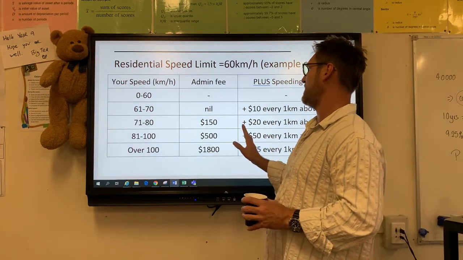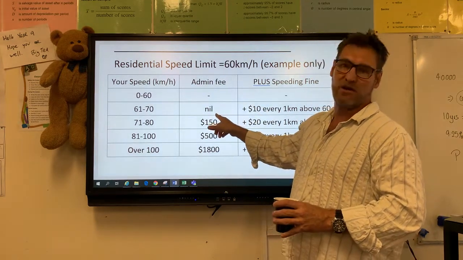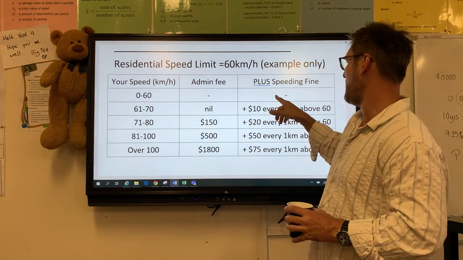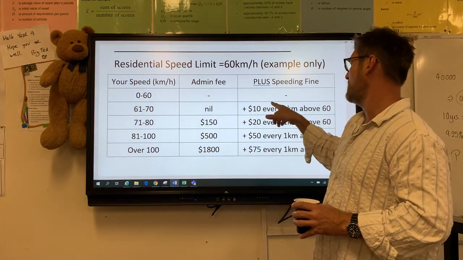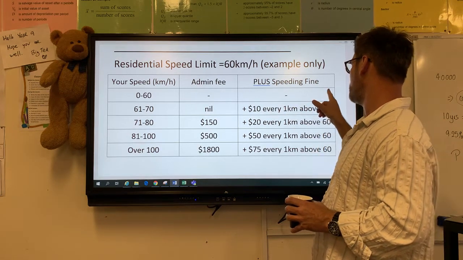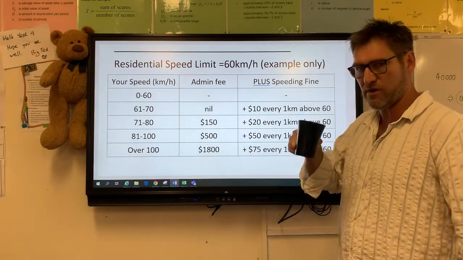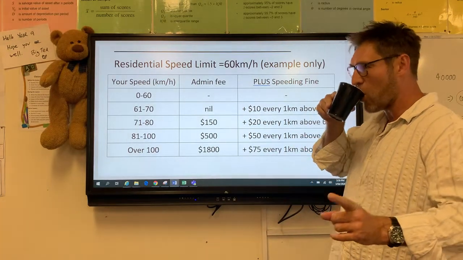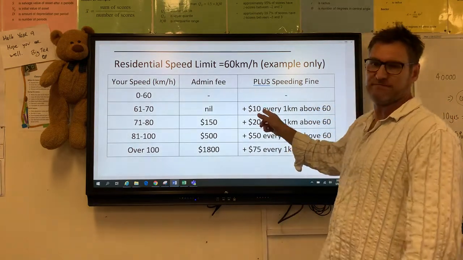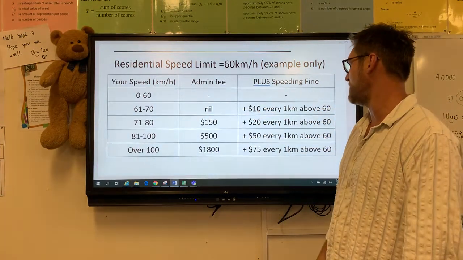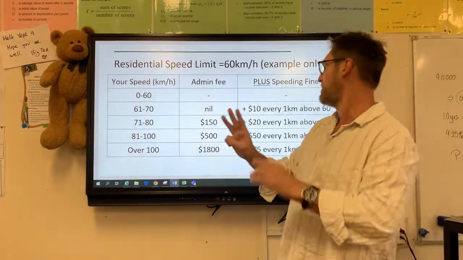But if we're going to stick to the letter of the law, do you have to pay an administration fee for speeding? No, you don't. Do you have to pay any fee? Well, you did speed, and it says you have to pay $10 for every kilometre above 60 kilometres per hour. So if you did 61, you're 1k over and you have to pay a fee of $10. Easy, not very hard. What if you did 63? You're 3k over, 3 lots of $10,